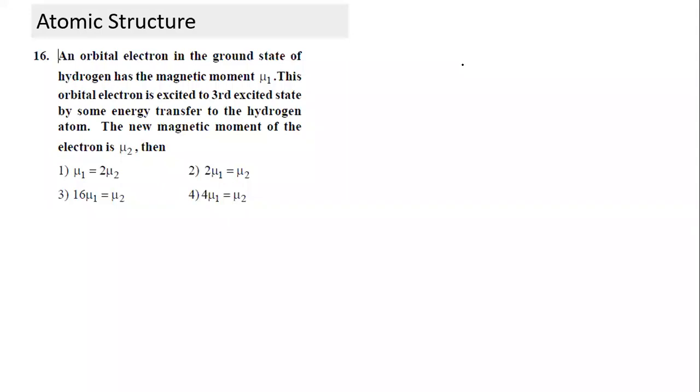Sir, magnetic moment is current into area. Okay, so one way of solving would be, first of all, let's understand why there is a magnetic moment. Any charge which goes into orbital motion creates a current loop. It is equivalent to a current loop, and with a current loop, there's a magnetic moment. So an orbital electron creates a magnetic moment, which is equal to current into area. So we understand how the magnetic moment is created.